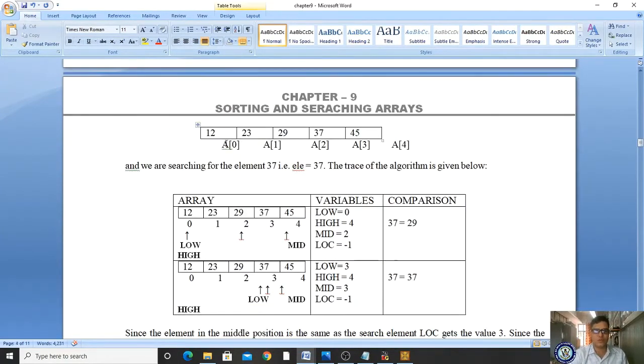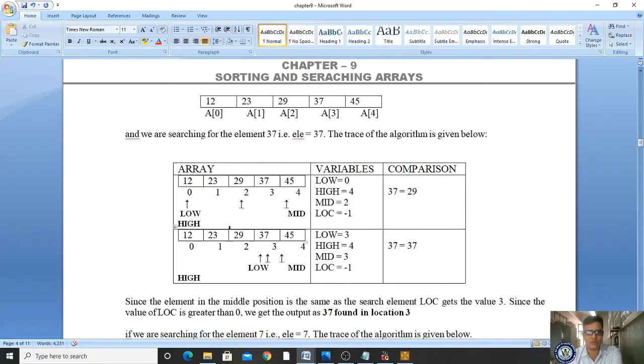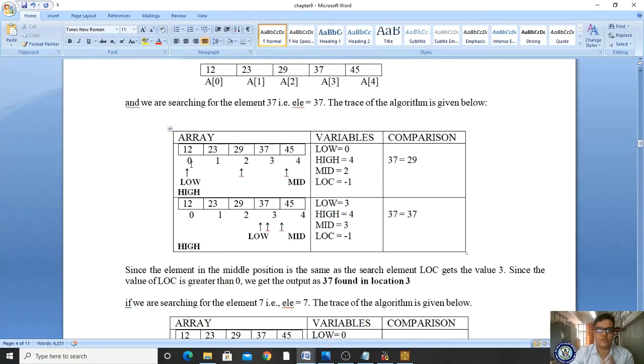This is A of 0, A of 1, A of 2, A of 3 and A of 4, right? Here in the array we have low value 0, high value 4, and the mid value I am taking as 2. 0 plus 4 by 2 is 2, and location is initially minus 1, right?